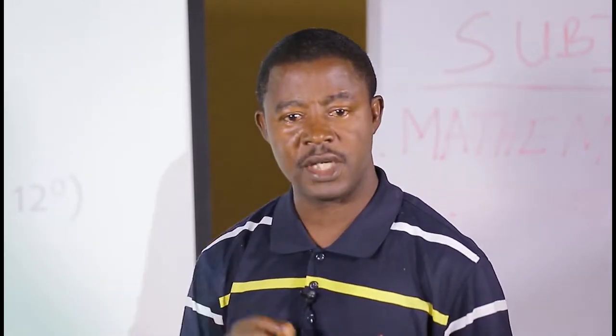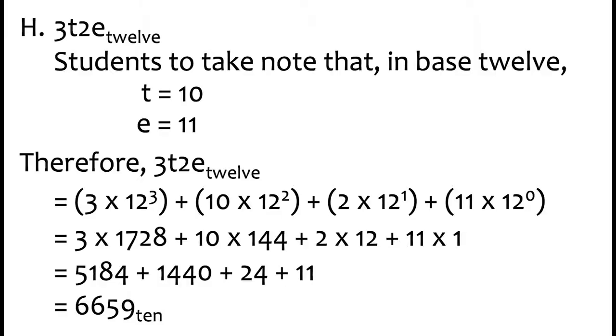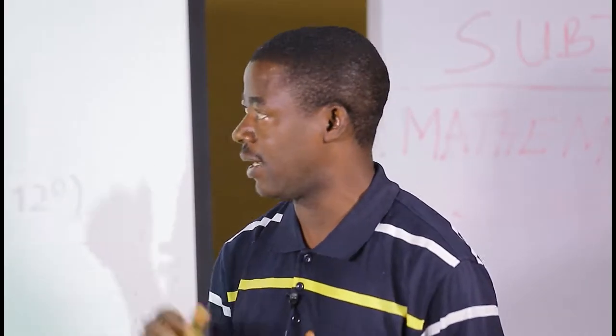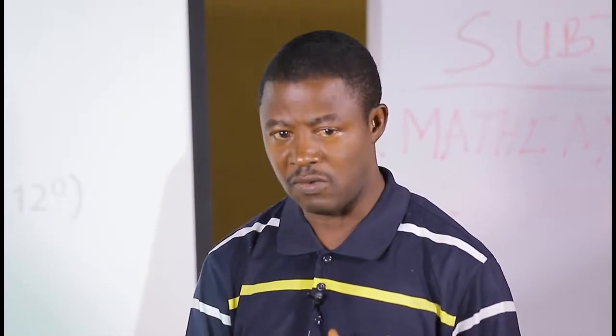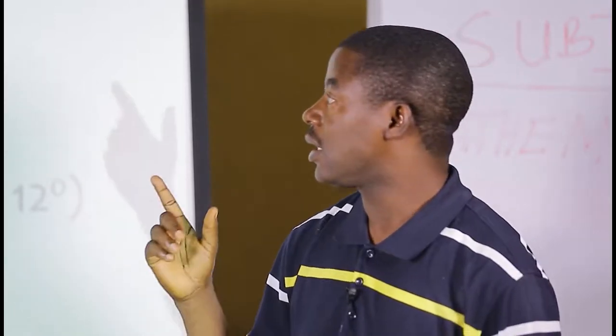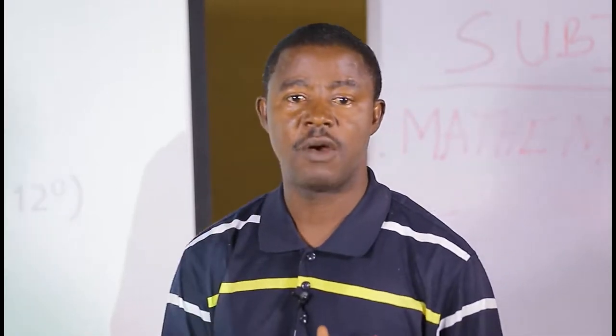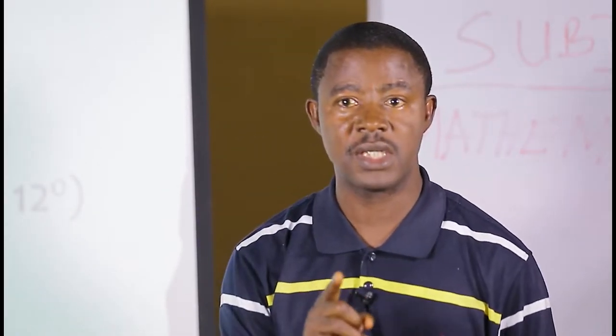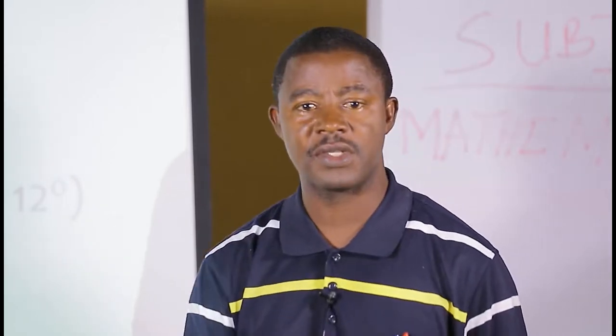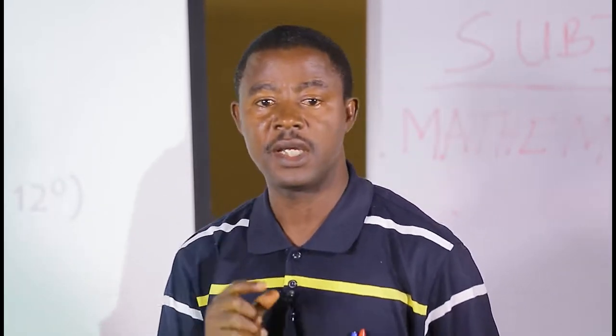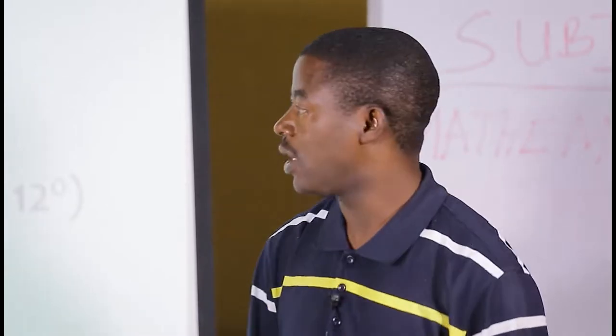Now, my dear student, you should take note that T in base 12 is 10. And then E in base 12 is 11. Now, we cannot slot in 10 there. It changes the value. We cannot slot in 11 there. It changes the value. So we use letters for convenience. So anywhere you see T, it is 10. Anywhere you see E, it is 11. That is in base 12. Therefore,